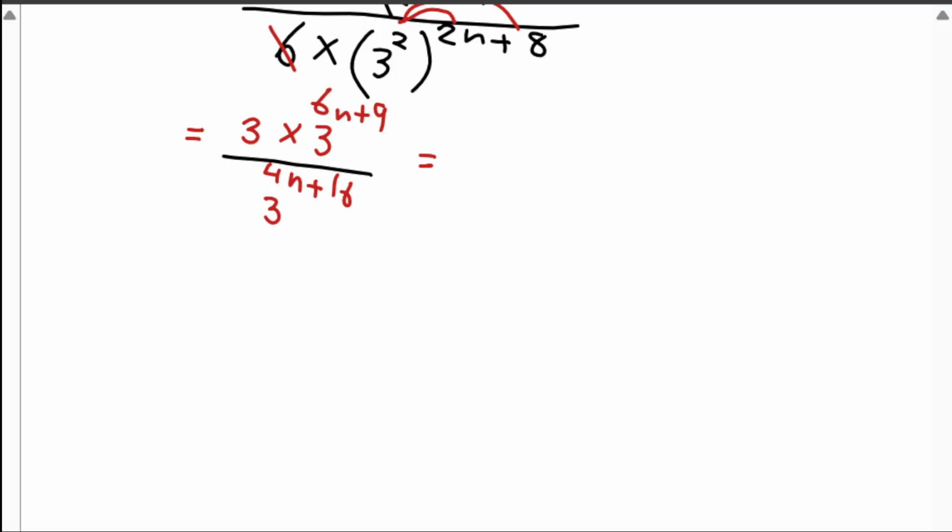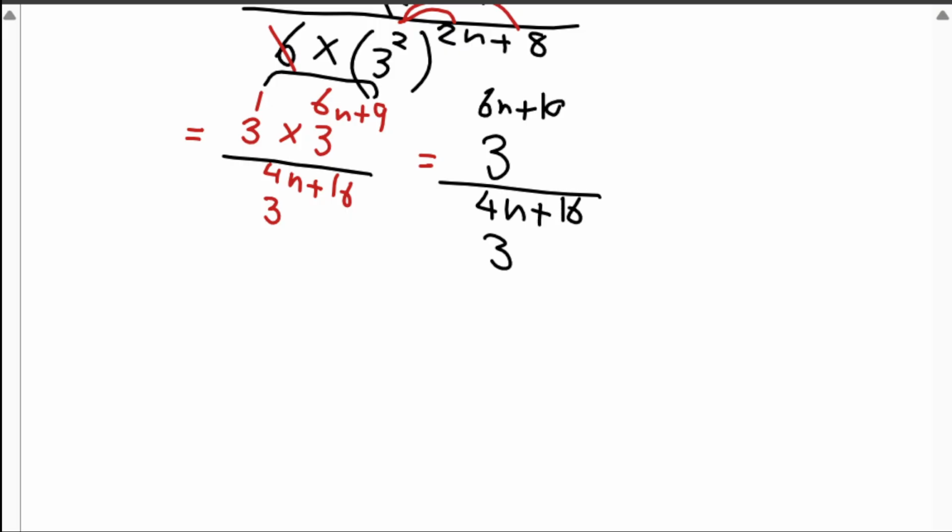3 is 3 to the power of 1, isn't it? Then, because it's the same number down here, we add. So 6n plus 9 plus 1 is going to be 6n plus 10. So you will have 3 to the power of 6n plus 10, because 9 plus 1 is 10. Divide by 3 to the power of 4n plus 16. That's very good. Now this will equal to, if you have the same base, you can subtract this minus this one here,